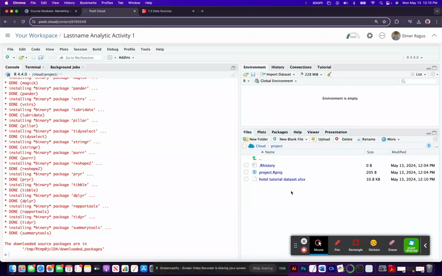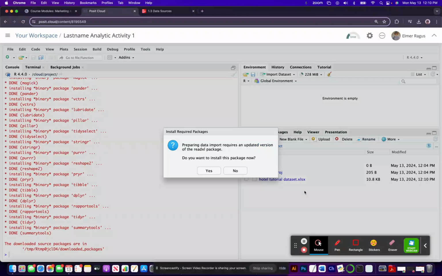And if it uploaded successfully, it'll be one of the files listed under files. So here it is right here, hotel tutorial data set. The next step is to click on it and you'll see you have two options. What you want is import data set, and you'll probably get this message that says install required packages. Do you want to install this package now? And we can say